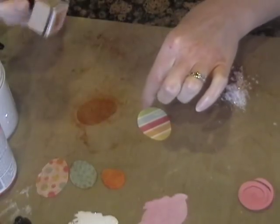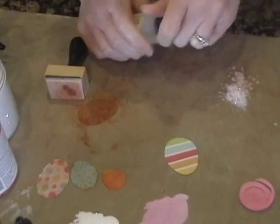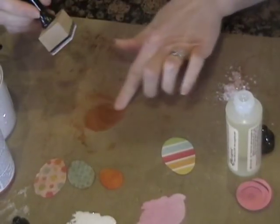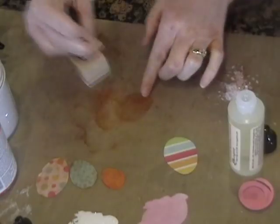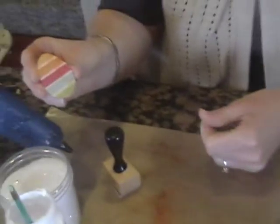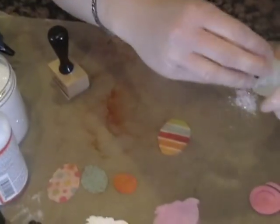And you don't want it too dark, so I'm going to use a little bit of the blending solution to take a little bit of that off and lighten it up a little bit. I'm just going to pour some blending solution on this other side of our pad and just lighten that up a bit. When you put it on our egg here, you can see that gives it kind of a dyed look without being too dark. And then using the glossy accents,